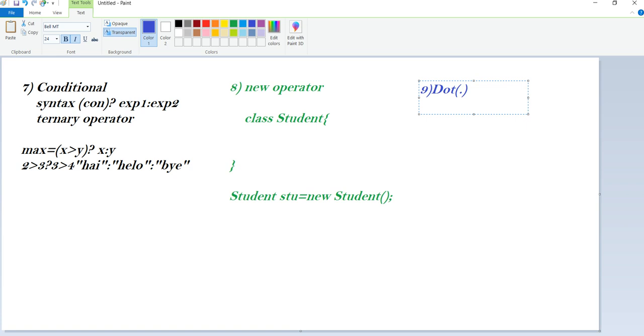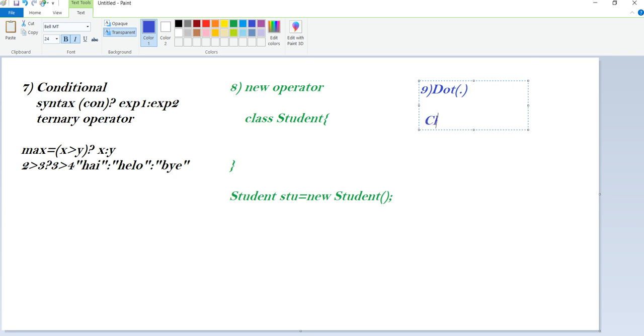The dot operator is used for accessing the members, that is variables and methods of a class, or accessing a class from a package.